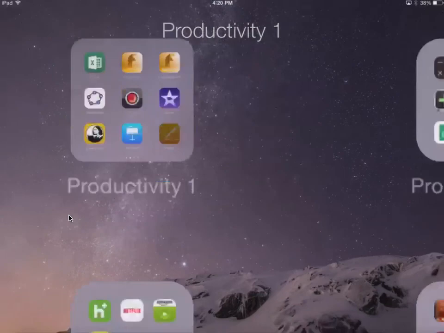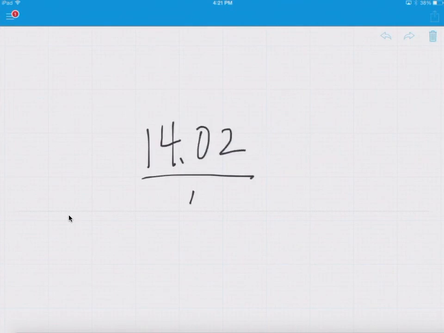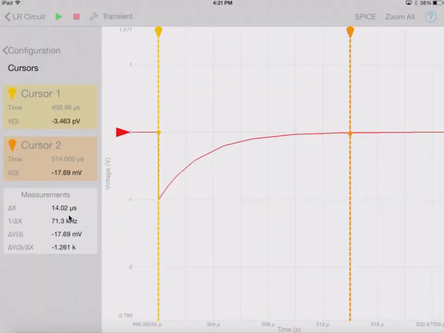Let's go back to a calculator here. Okay, and we had 14.02 divided by 5. Okay, that's about 2.8 microseconds. So if you look at that, the time constant is verified out to